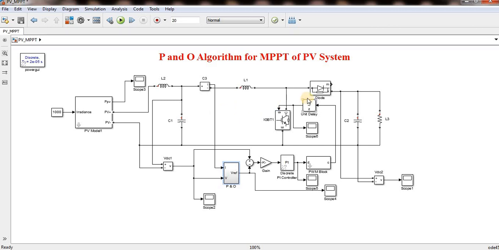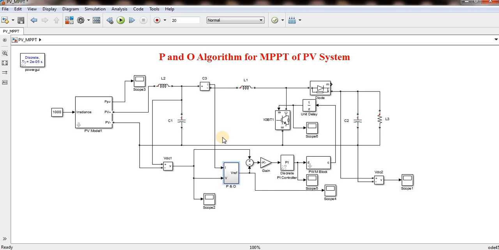So buck converters won't be preferable, but boost converters are preferable because if my voltage is 660, I can get either 700 or 800 or 900 or 1000 to pump more current to the grid. I have to pump more current to the grid if more power is available. Then only I can achieve the maximum power. Even though we connected MPPT, if your load is not capable of taking that much power, then your MPPT won't work.